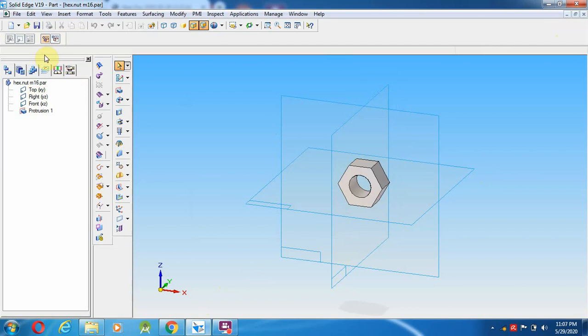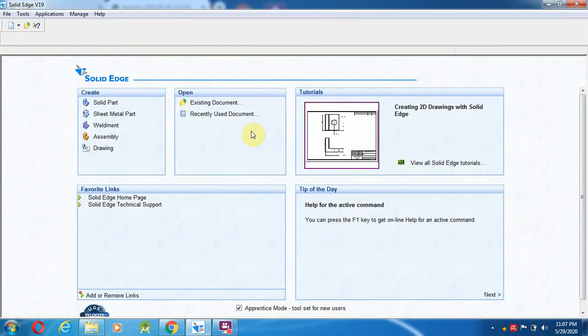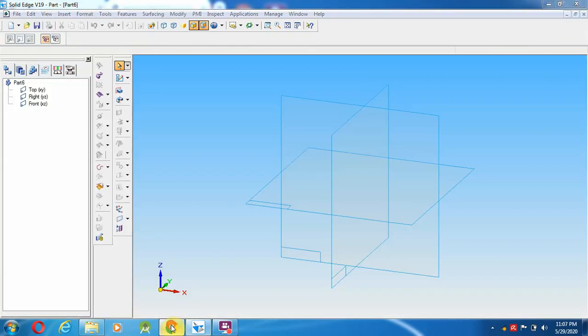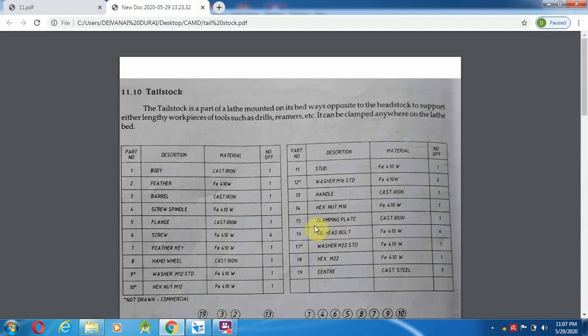So after saving this, inside you have to make the threading, give OK, inside starting from here, finish, right click and once again save the file. So after saving this file, coming out, then go to the solid part, go and check the other one, the clamping